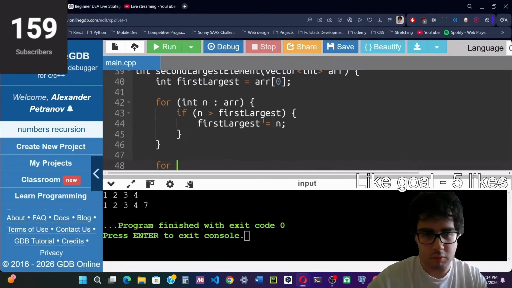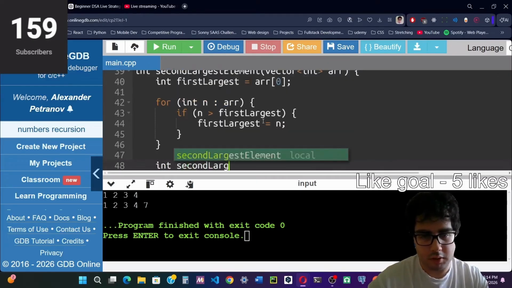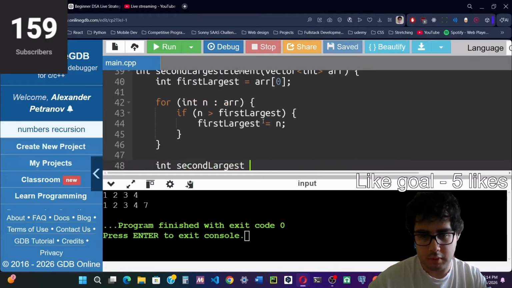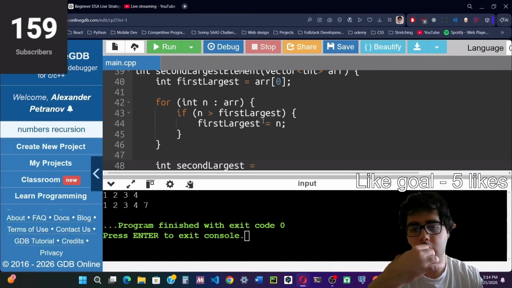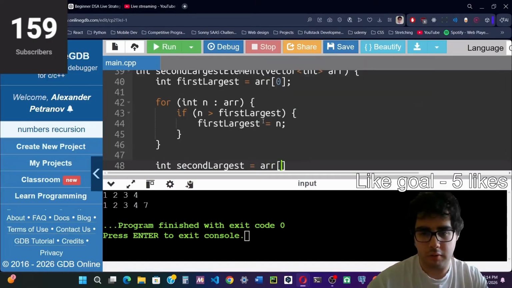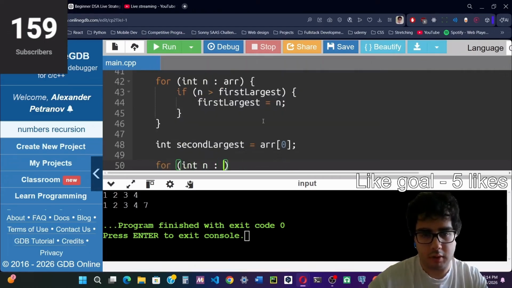So then we're going to initialize second largest. Second largest is equal to, so it has to be less than first largest. Let's say arr of 0. So for int n in array